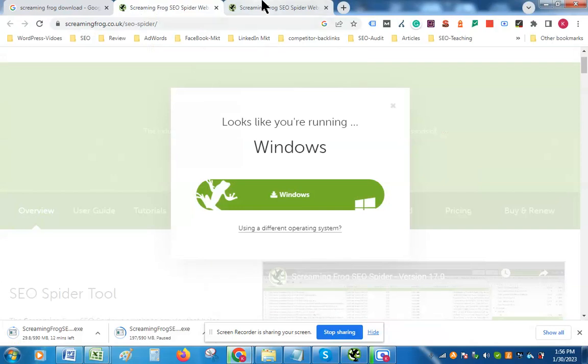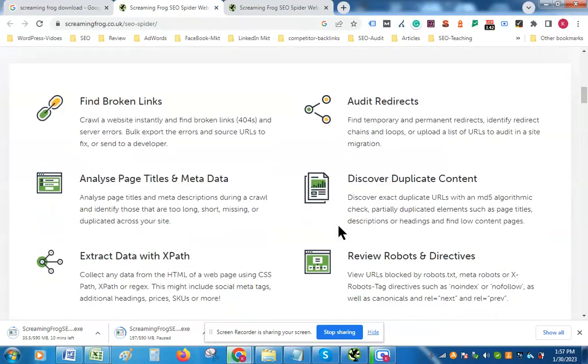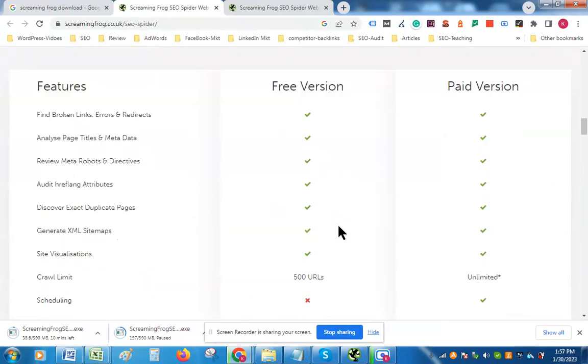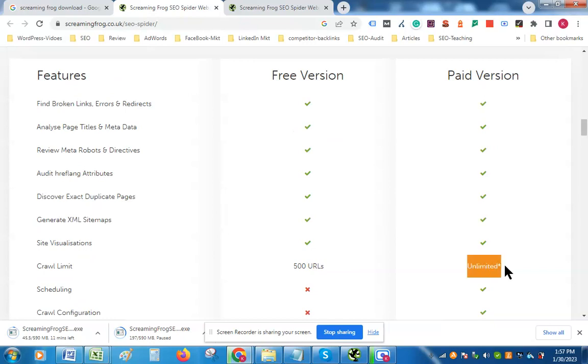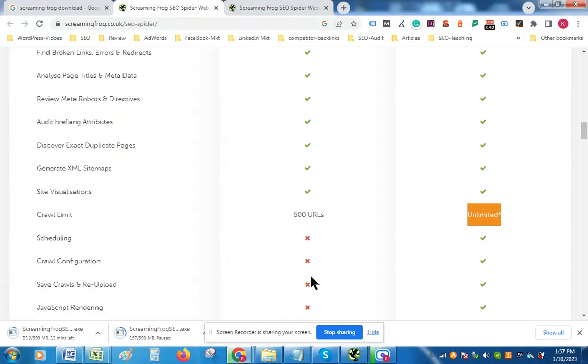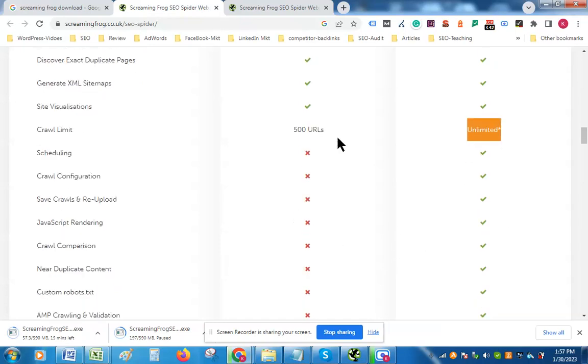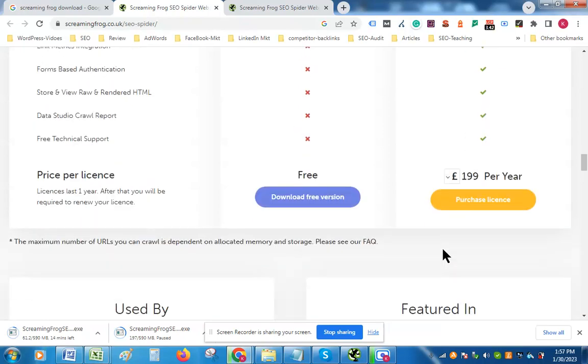Before going further, let me tell you the difference between the free version and the paid version of Screaming Frog. So in the free version, you can crawl up to 500 URLs, and in the paid version, you can crawl unlimited URLs. So if your website is small, then I think the free version is good enough. But if your website is big and has more than 500 URLs, then you need to go to the unlimited, paid version. The paid version comes with this price,